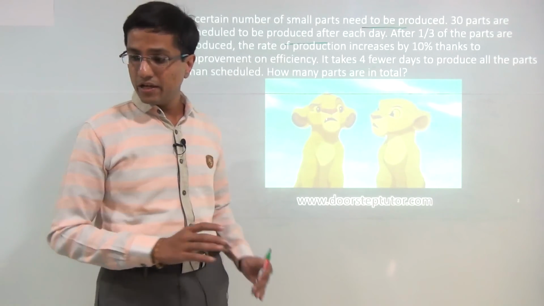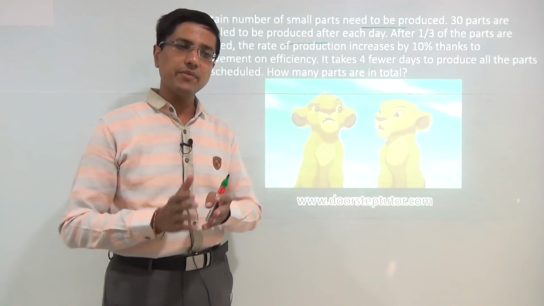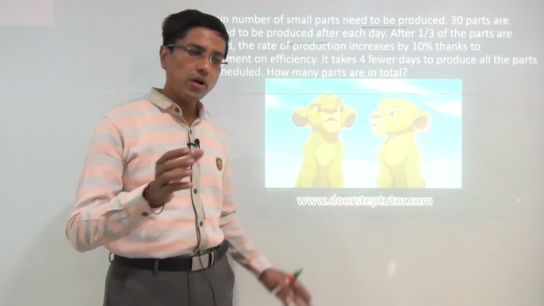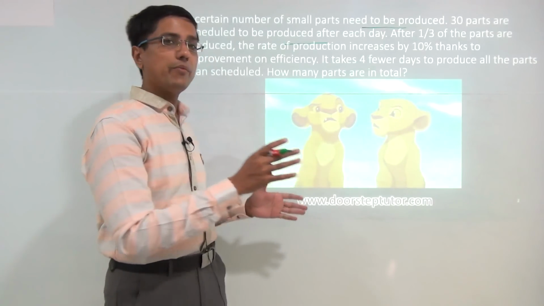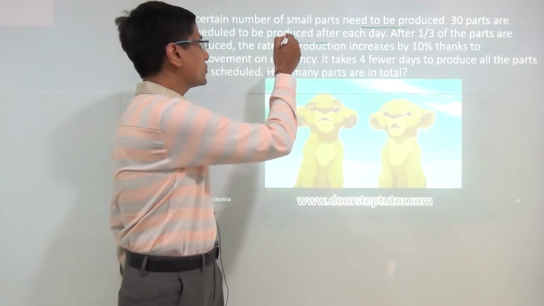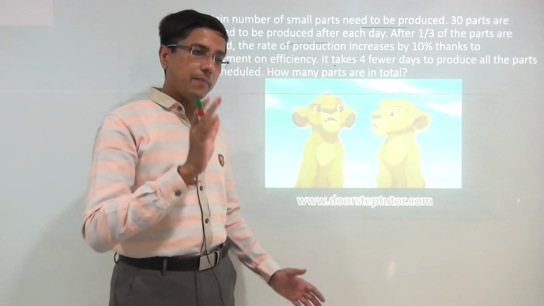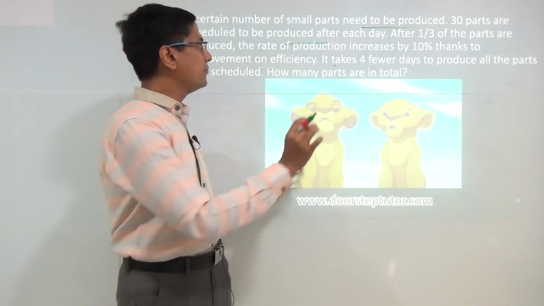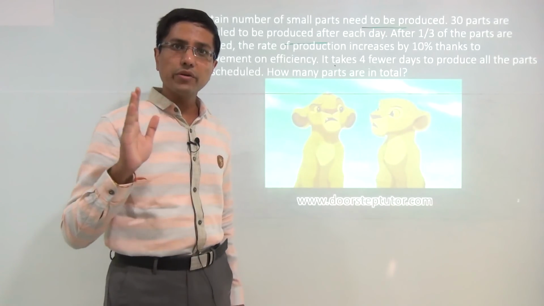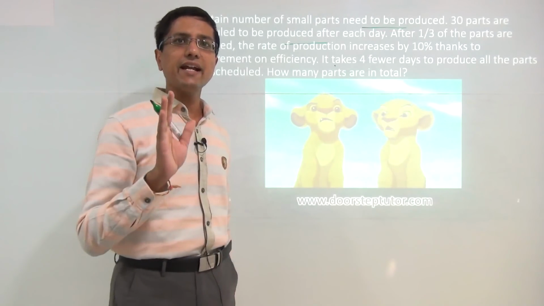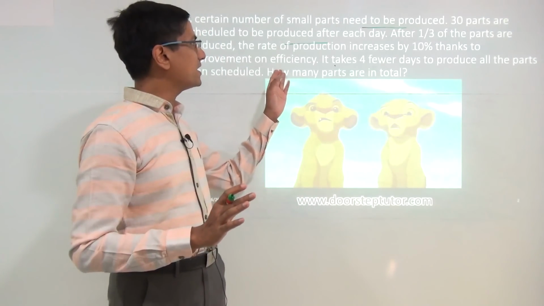There is a constant tension between the students and the examiner, the people who set the paper and make the problems. They want to test whether a student is able to understand the problem. The paper would always benefit those students who can really read and understand the problem. So if you are looking for direct formulas, you are always at a disadvantage. You won't be able to score as much as the students who really understand the problem.